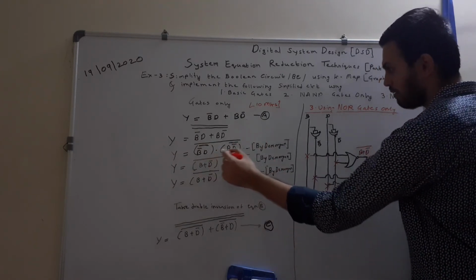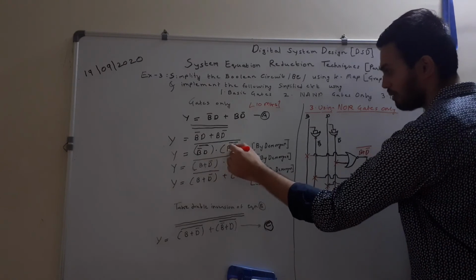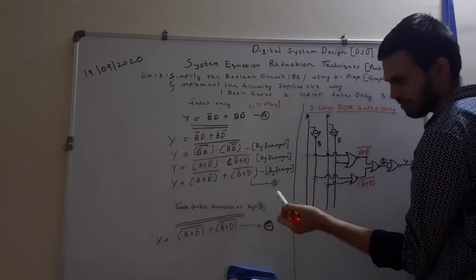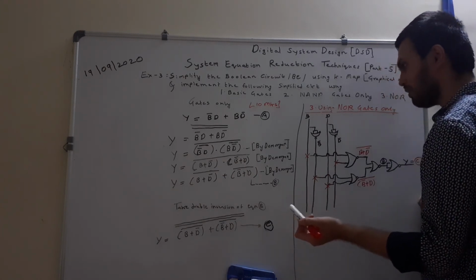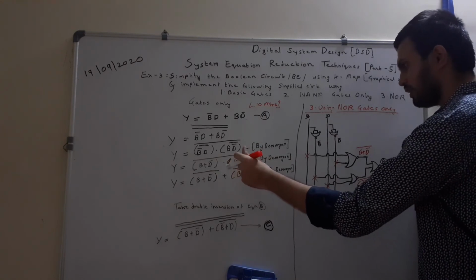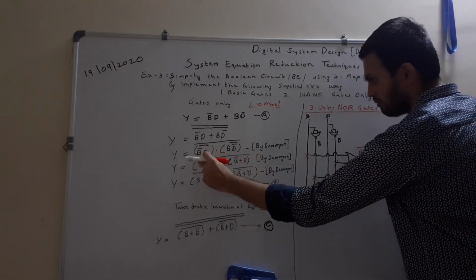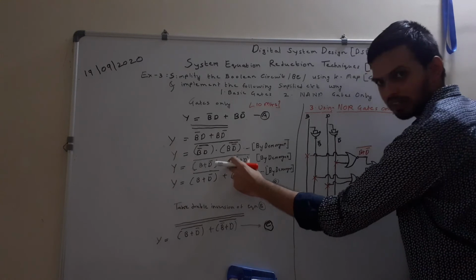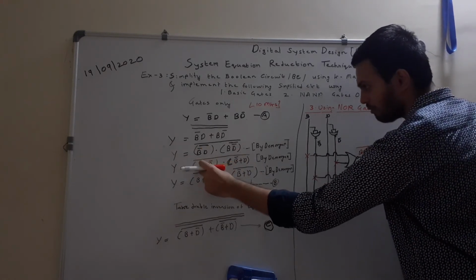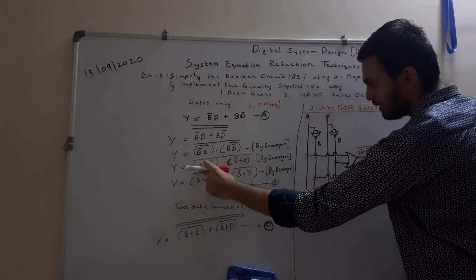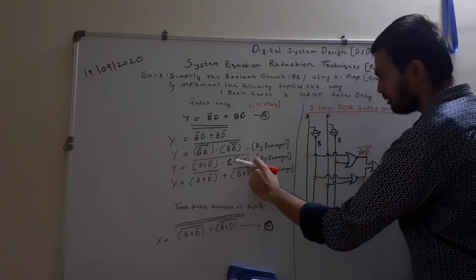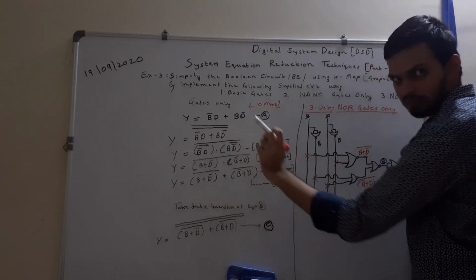Now this expression is similar to A bar dot B bar. What is A bar dot B bar in De Morgan's law? For the next step I am asking: A bar dot B bar is nothing but A plus B the whole complement. So this bracket we have simplified using only De Morgan's theorem. So we get B plus D bar into B bar plus D, and the complement at the top remains as it is.